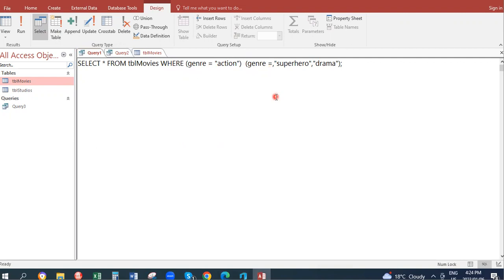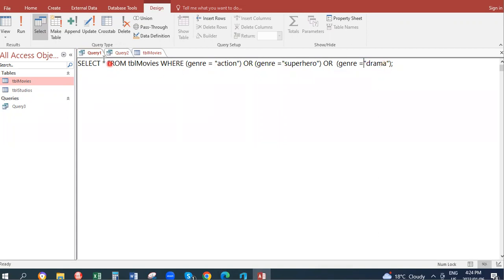So the IN statement actually replaces it with an OR. Genre equal to superhero, or genre equal to drama. So we can check if genre is equal to action or genre equal to superhero or genre equal to drama. All three